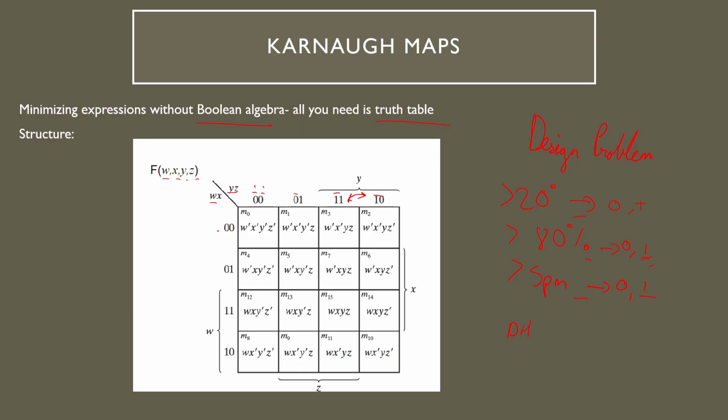Similarly, we do the same for wx: w equal to 0, x equal to 0; w equal to 0, x equal to 1; w equal to 1, x equal to 1; and w equal to 1, x equal to 0. Finally, we write down the addresses, the table cell numbers, of all of these. To find the table cell number, all you have to do is read this as a binary number, left to right. So 0000 is 0,